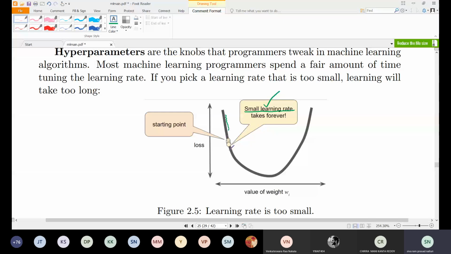If the learning rate is large, take larger steps. Okay, you take larger steps. If the learning rate is small, you take smaller steps. Okay,